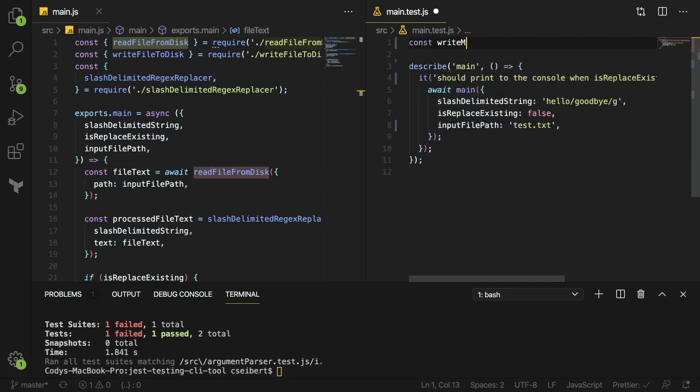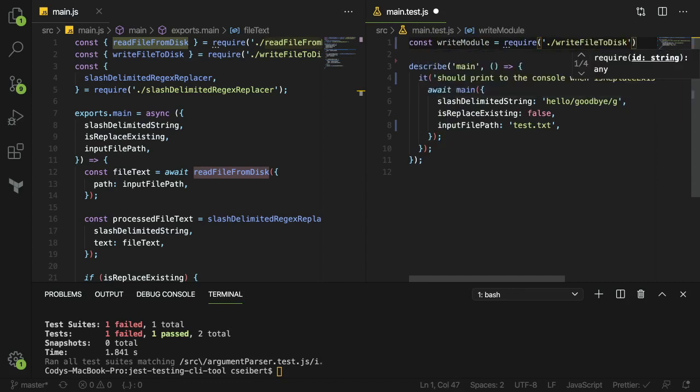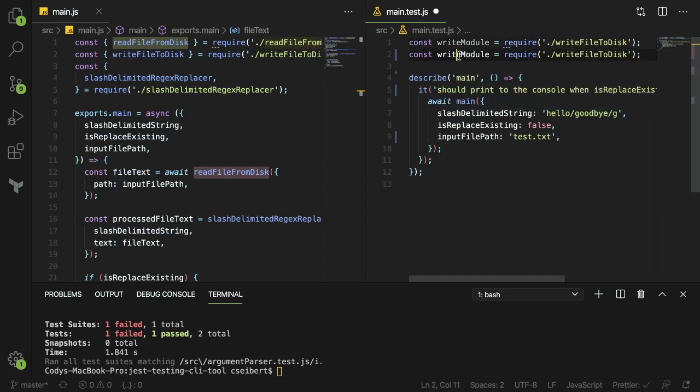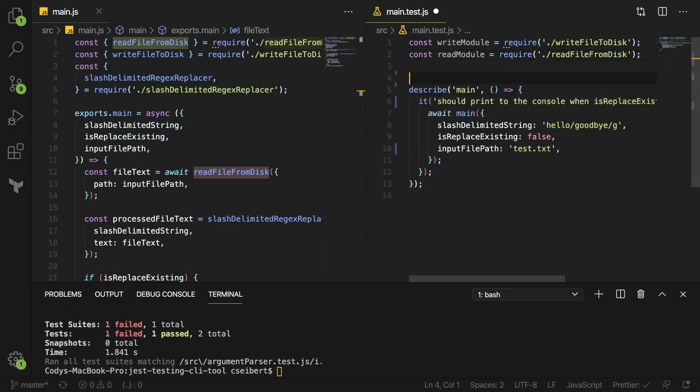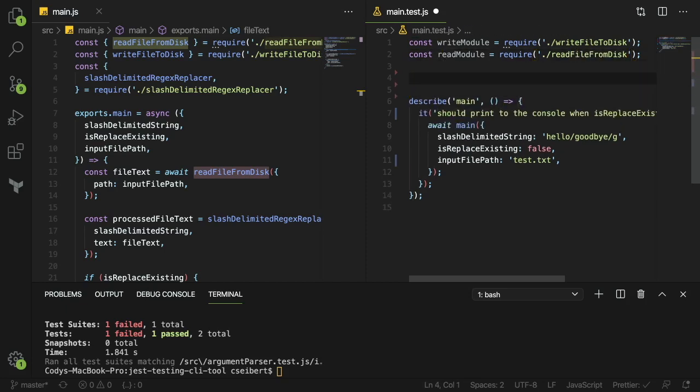So I'm going to import write module, and that's going to be from write file from disk. And then we also have read module, and that is read file from disk. And what we want to do is spy on those things. So I'm going to say spy on write module, and we want to spy on the method write file to disk,